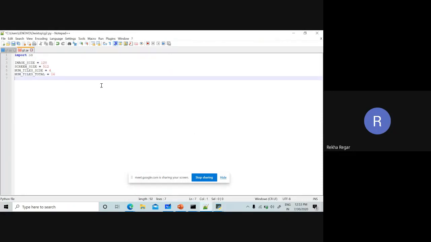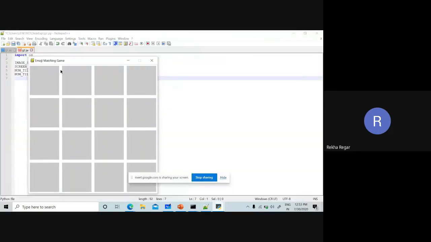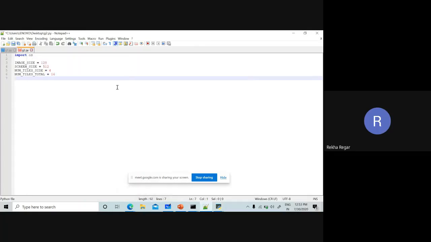After that, we have to write down the margin also. It means at what margin we are going to separate one image from the other. So we have to enter some margin also. I am going to take one variable as margin, and simply I can put 5. So now these variables are done.